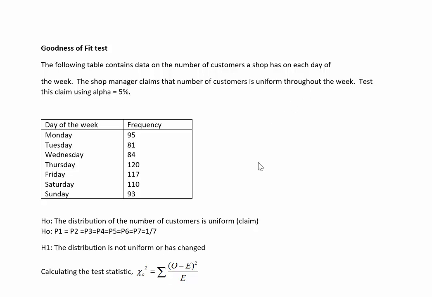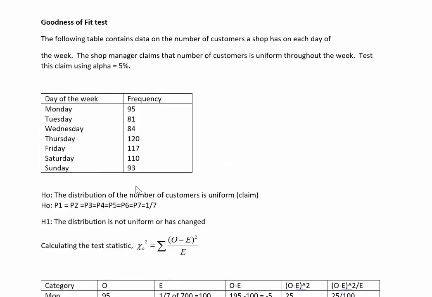In order to do that, you have to set up the null and the alternative hypotheses, and these are the generic statements for H0 and H1. In H0, you will always say that the distribution is as claimed in the exercise. So here the distribution of the number of customers is uniform. Your alternative hypothesis will always be the opposite, so that your distribution is not uniform or it has changed. You can put the distribution is not uniform, or you can say the distribution has changed. What is it that is asking us to verify? That we're testing this claim that the number of customers is uniform, so the claim will be in the null